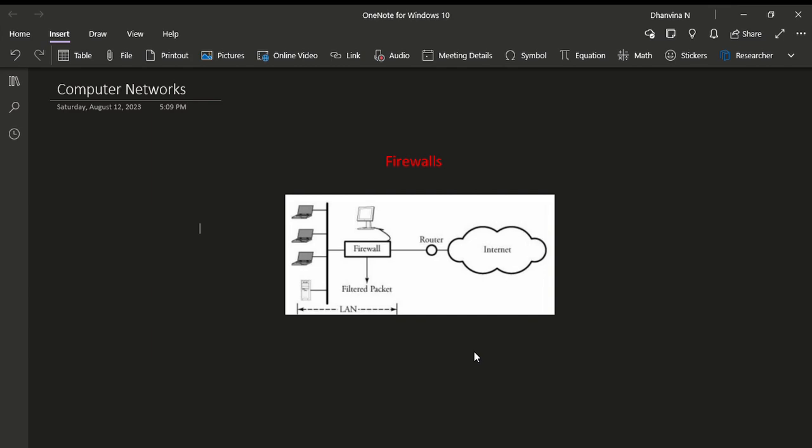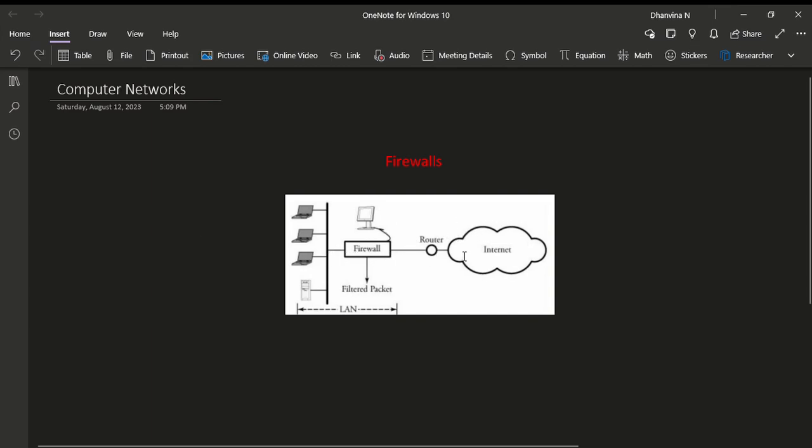This unit is placed between the host or the clients of a certain network. This is a bus which will be connected to all the clients, servers, and to the firewall. So this firewall filters the packets which are coming from the internet or any public or third party domains, and it routes them to the network.